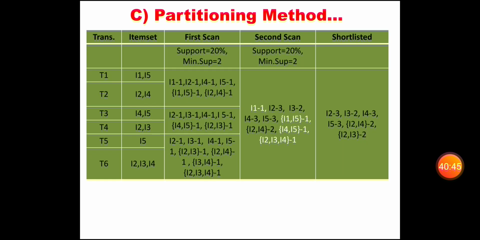So these are all the three methods we have seen here to improve the Apriori algorithm. By improving the Apriori algorithm, we'll be able to get the shortlisted frequent item sets quickly. So we reduced the number of scans in the database. We improve the performance. We reduce the time taken to identify the frequent item sets using the Apriori algorithm. The same Apriori algorithm is used. Here we have seen some of the methods to improve the Apriori algorithm.